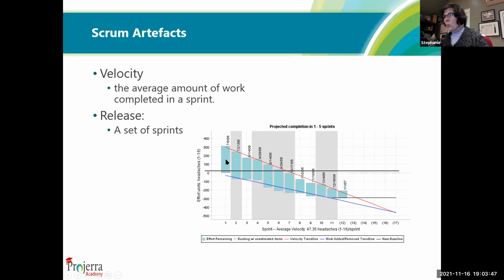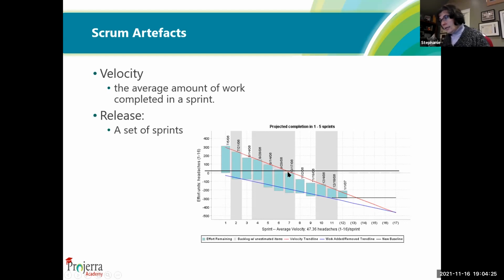This is another chart where we are tracking the amount of work in a team. The amount of work on top of the bar here is the amount of work that was started or known at the start of the project. So they had 300, they're calling it effort units in headaches. Call them user stories, call them features, they call them headaches, that's okay. So they have 300 feature points, 300 stories that they need to work on. And at the end of the first sprint, they've knocked down about 50 of them. So they now only have 250. At the end of the second sprint, they're now down to 175.